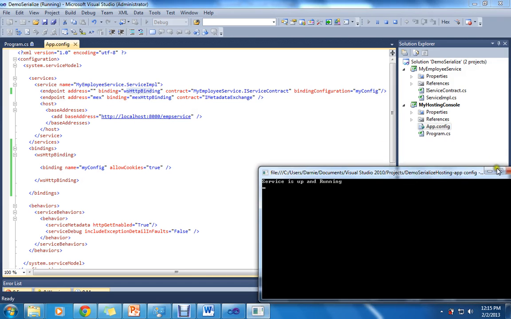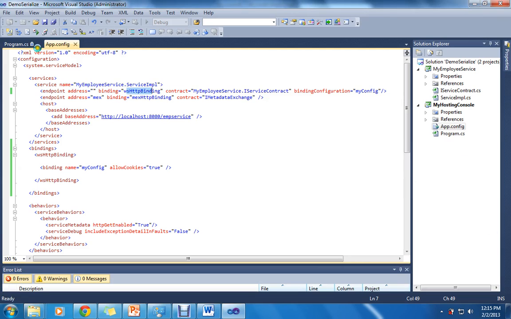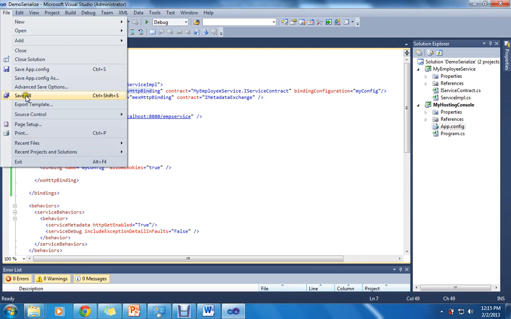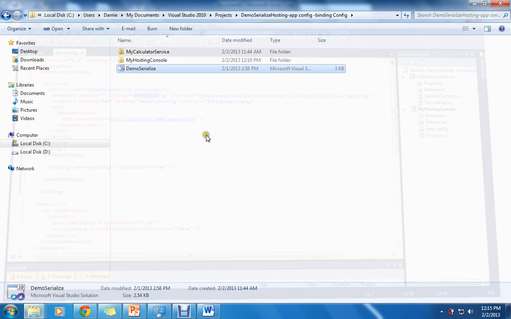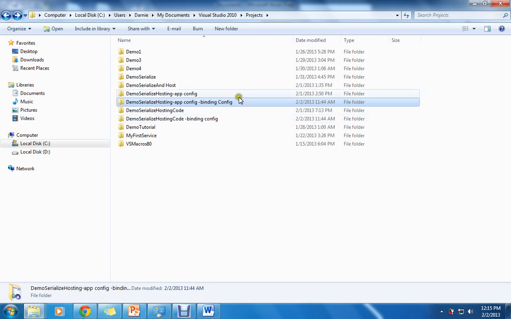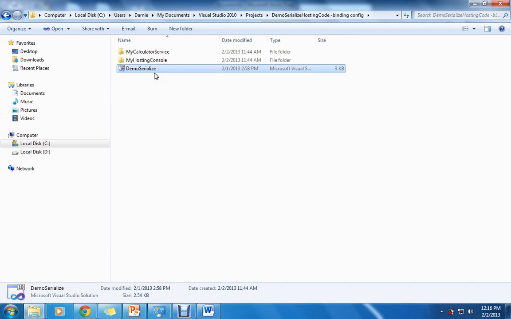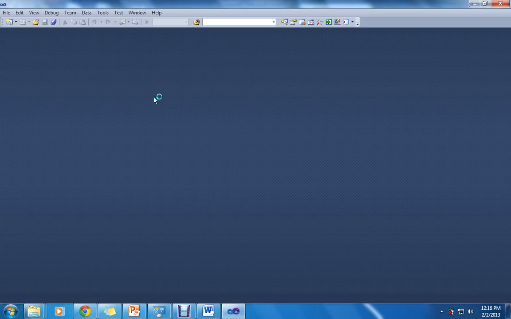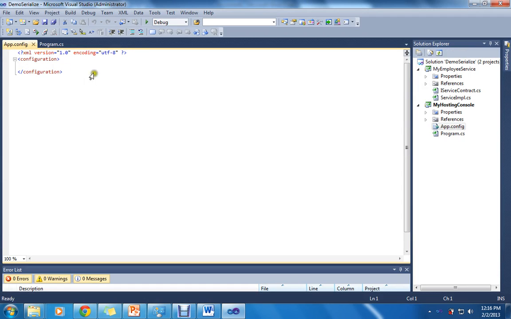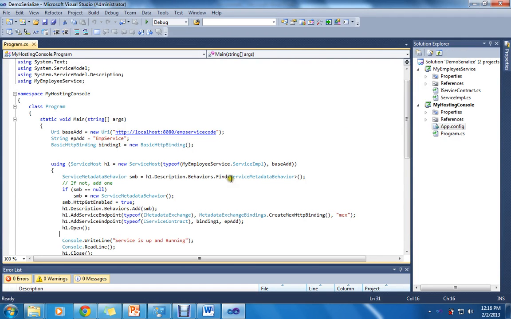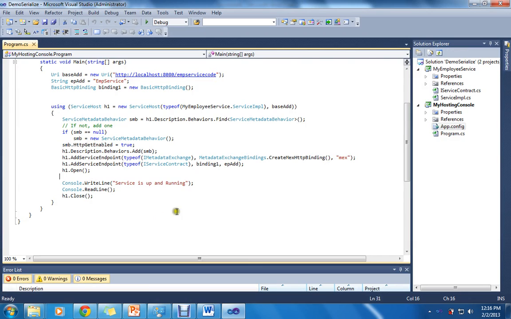So I will go to my other project which we did for just coding. I will close this, and here I have another. Here we are completely hosting using the code. We don't have anything in the app config file, but we have done all the things in the coding. So what is the binding I've used here? It is